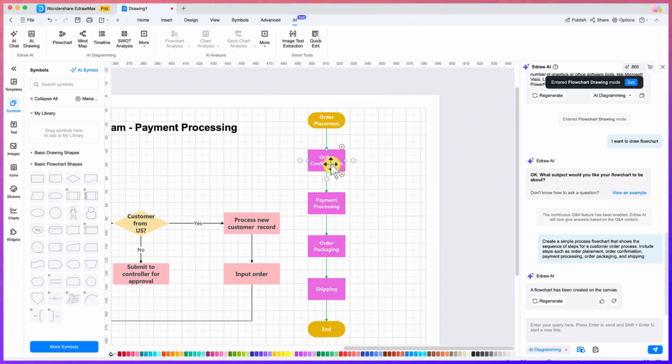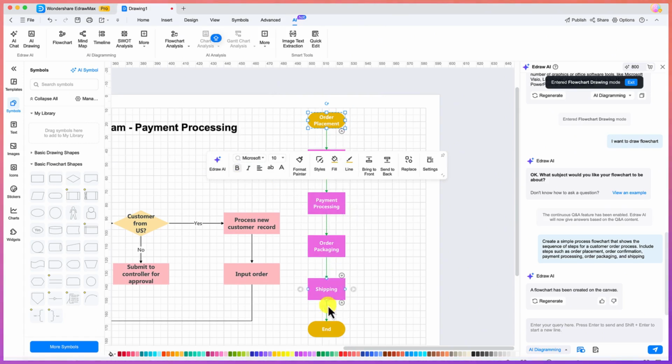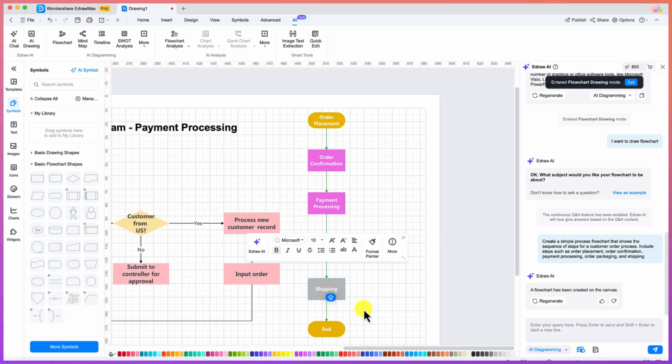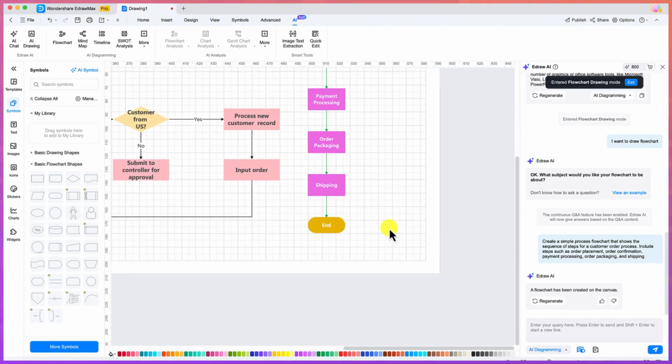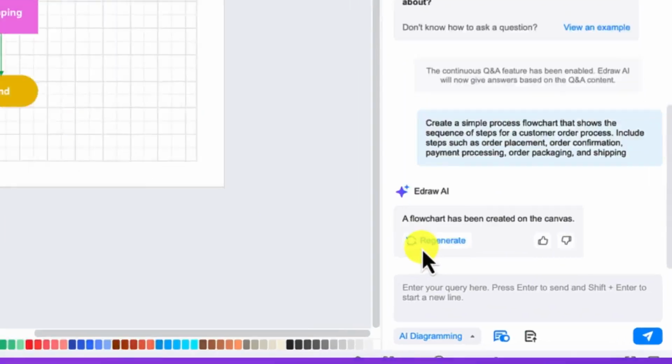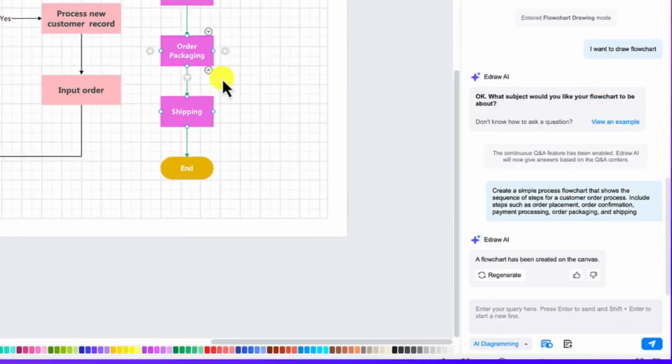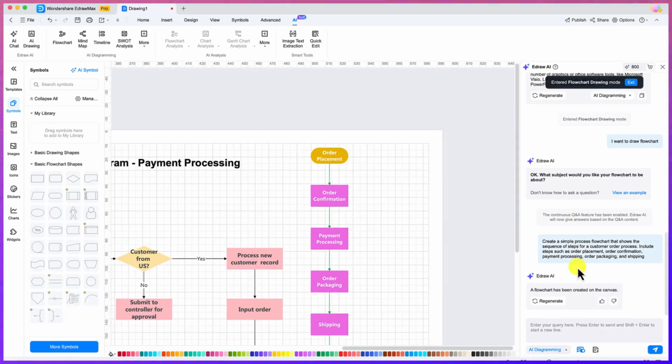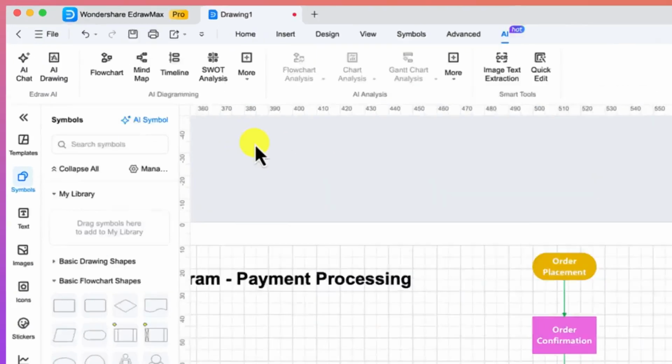You can select any of the elements and enhance it if you're interested, and you can adjust or edit the content. That's the best part. You can edit the content however you want. You can create as many flowcharts as you want using this very tool, and you can regenerate this. If you don't want something like this, you can regenerate very easily. So this is Edraw AI chart, and let's have the AI draw, which you can draw